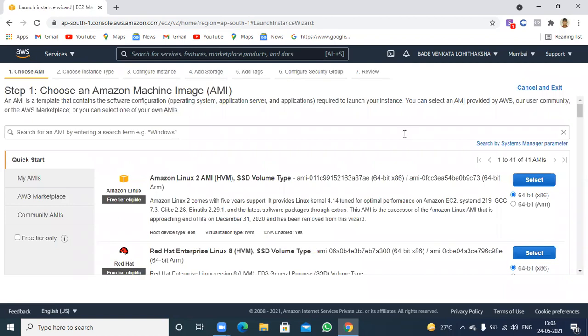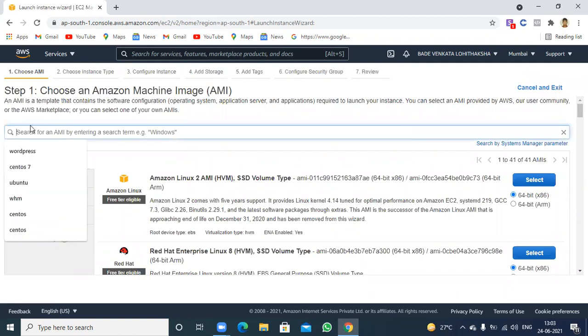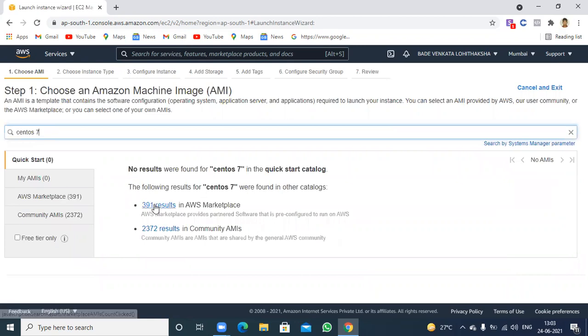Okay. Now, first of all, you need to search for CentOS 7. Let's search for this CentOS 7. Okay, now we have found this CentOS 7 in the Amazon Web Services Marketplace itself. It is showing that we have found 391 results.